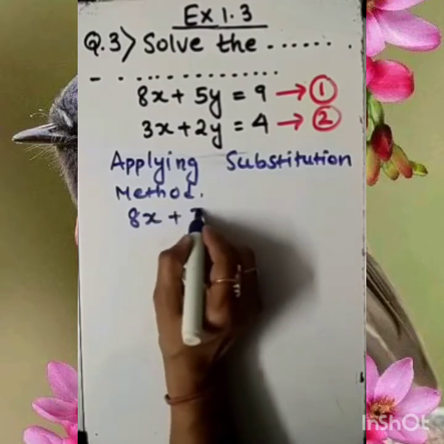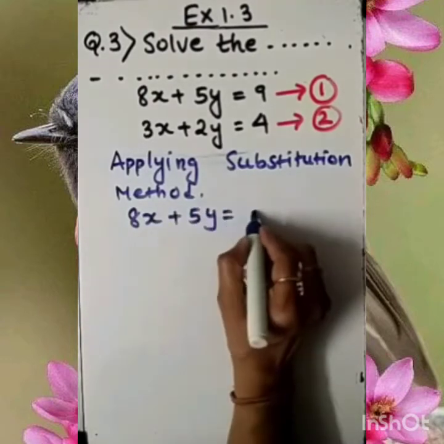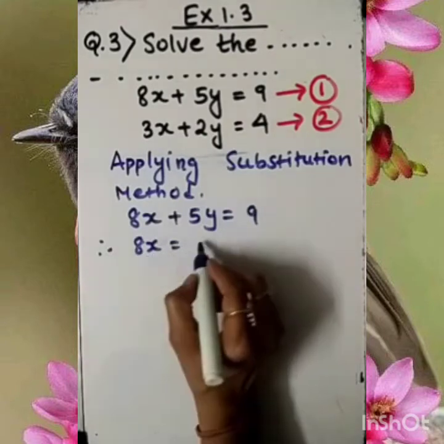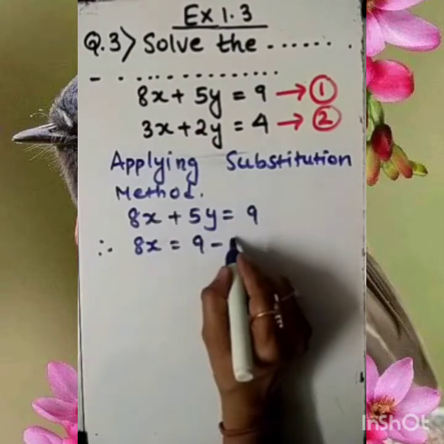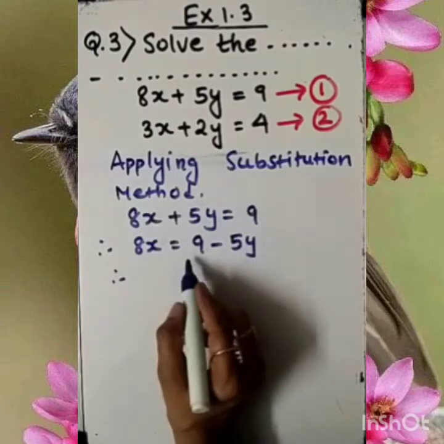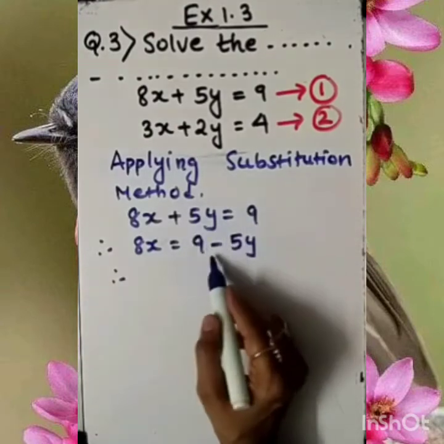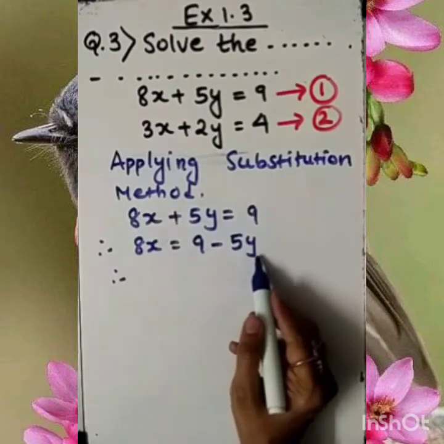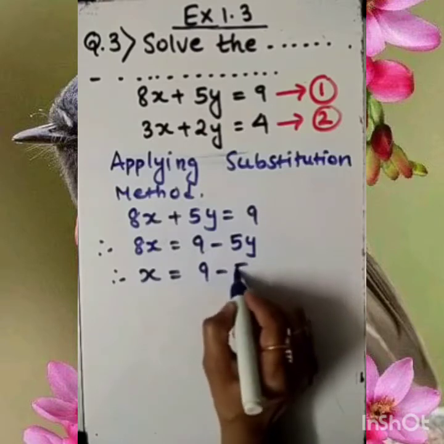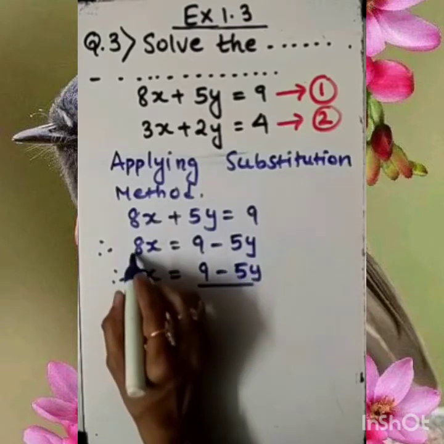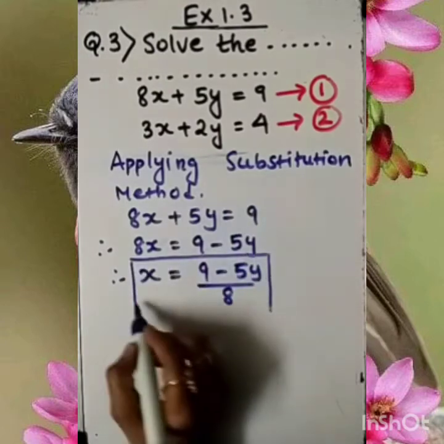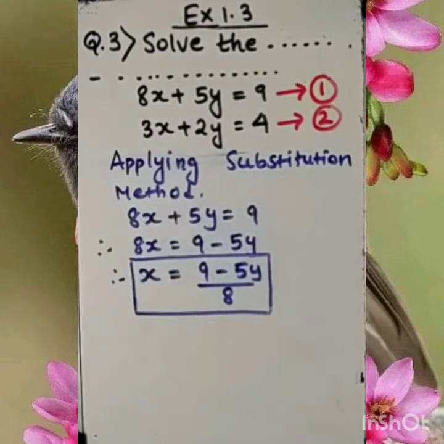8x plus 5y equal to 9. Fine, this we are given. Let's make x the subject here. So this 5y I am bringing to the left side, which gives the result minus 5y. So here it is plus y, after transposing minus 5y. And of course x equal to (9 minus 5y) upon 8. Okay, upon 8. This is a very important result. Okay, keep it at a side.